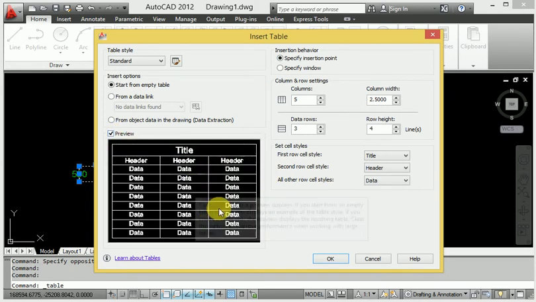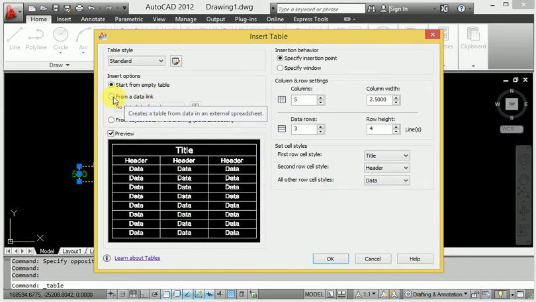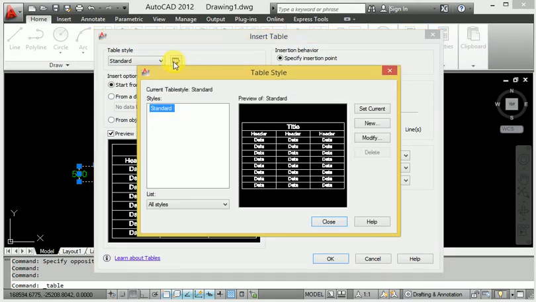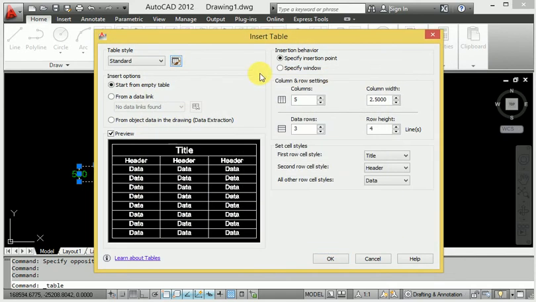If I set the table like this type of table setup, and if you want another thing, the table settings are very important.